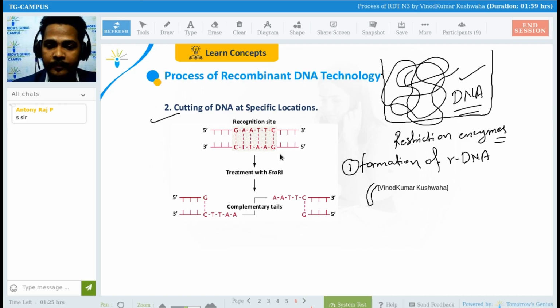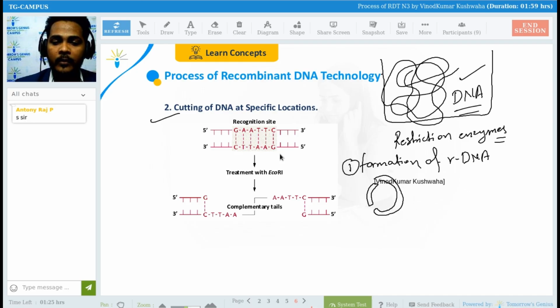This is your gene of interest, and this is your vector that you want to incorporate it with, right? So when you add this, you need an enzyme. What is the name of the enzyme? It is called DNA ligase. So when you add this with the help of DNA ligase, this is called the formation of rDNA,